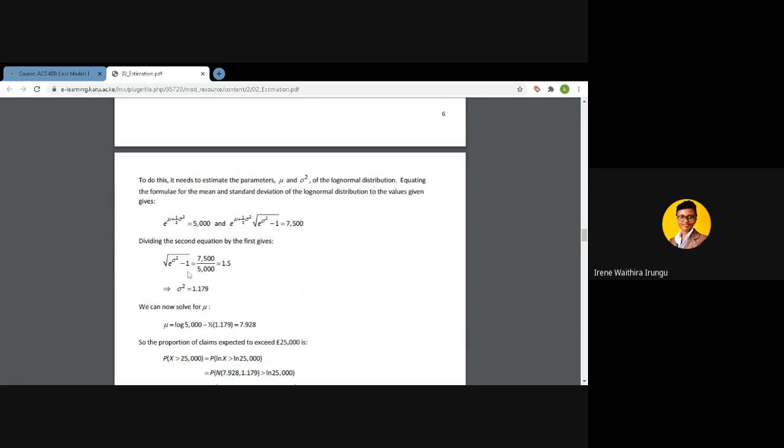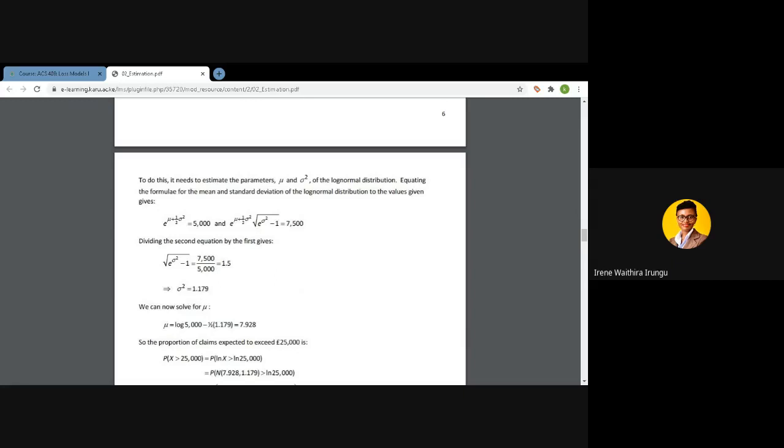So the only unknown, once we simplify our equation in this manner, becomes the variance, sigma squared, which we can solve by taking the squares on each side and making sigma the subject, which now equates to